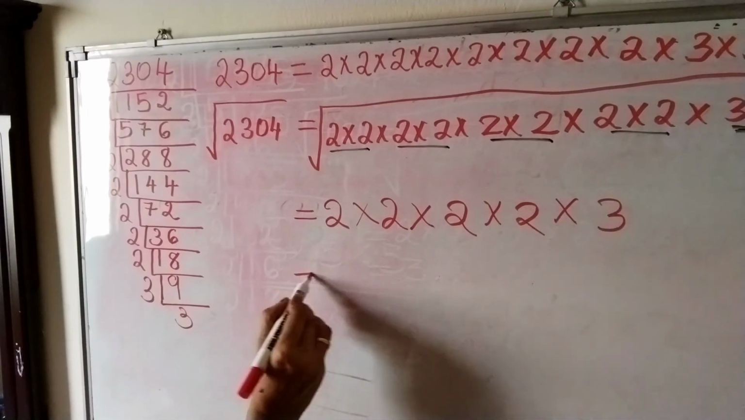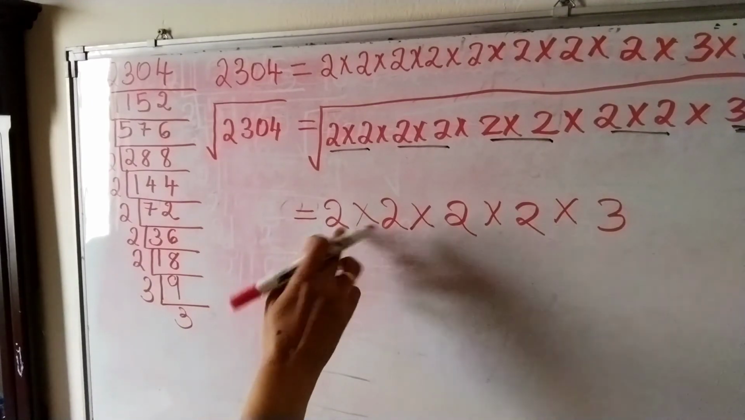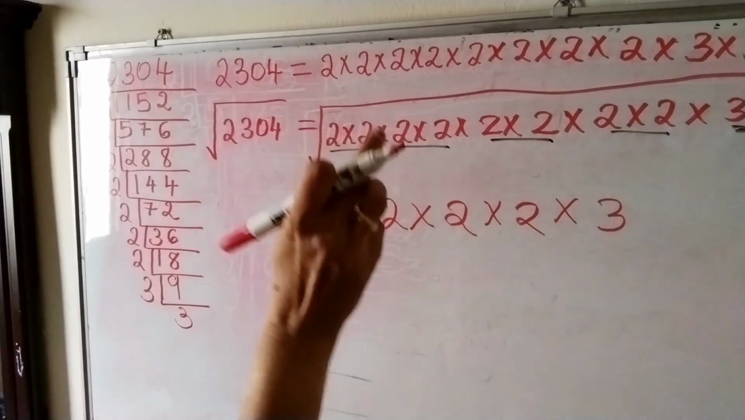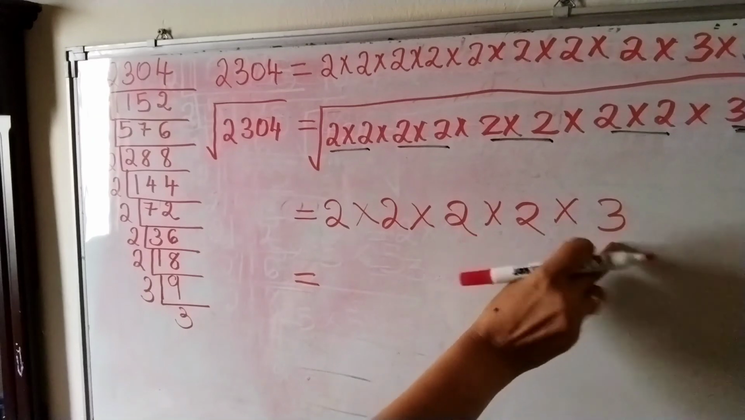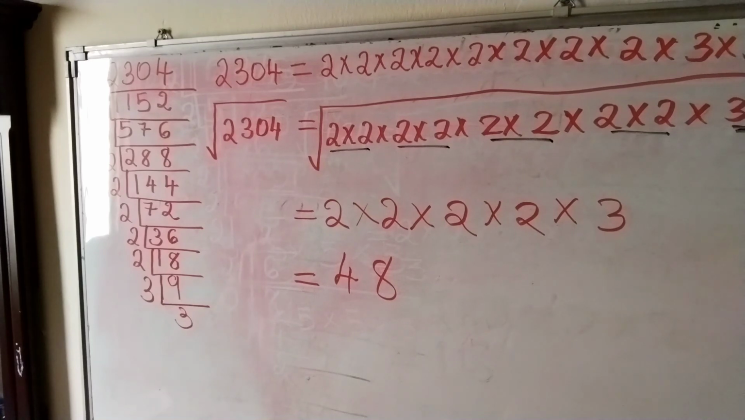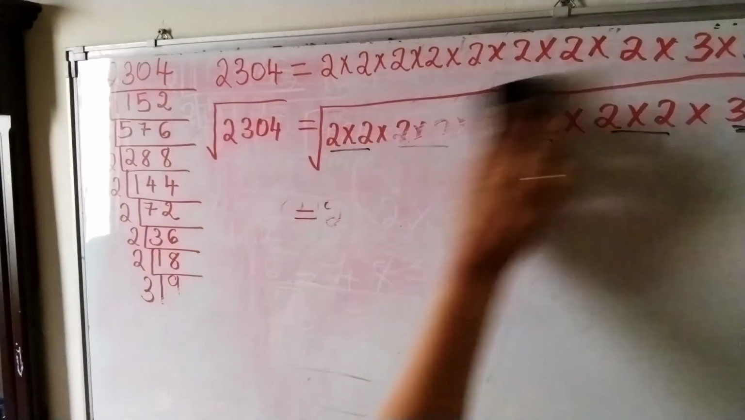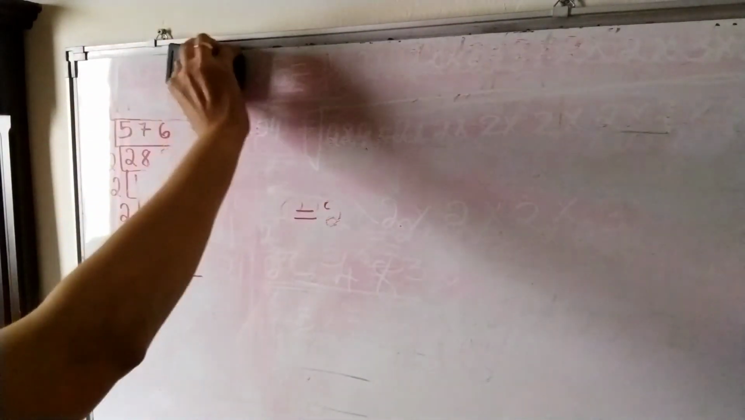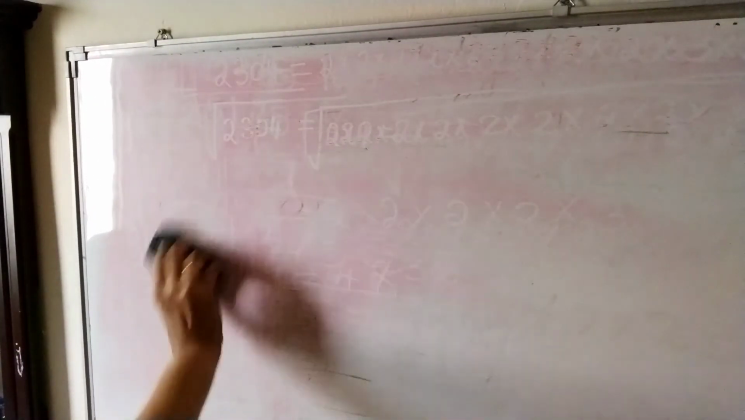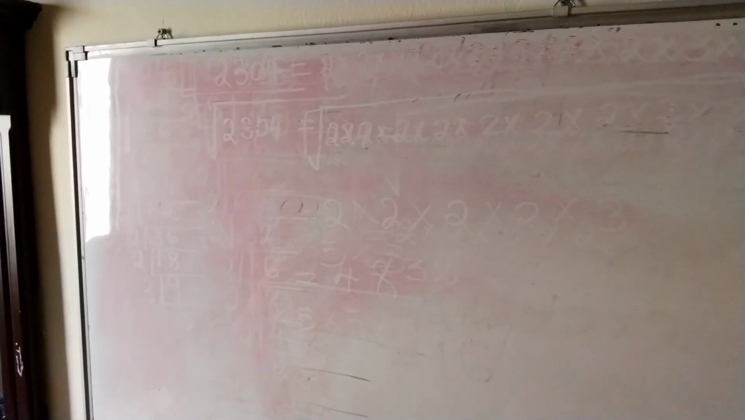Okay, so multiply these. 2 into 2 into 2 into 2 into 3. So 2 2s are 4, 4 2s are 8, 8 2s are 16, 16 into 3 is equal to how much? 48. So the square root of 2304 is equal to 48. Okay, clear? In the next video, you can do